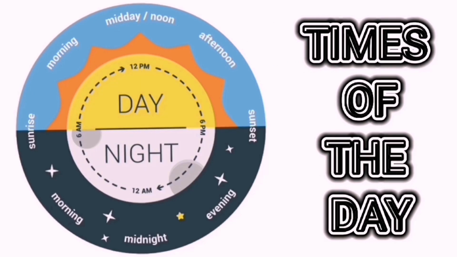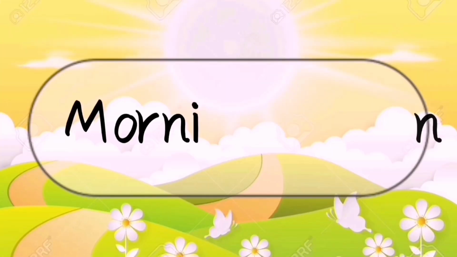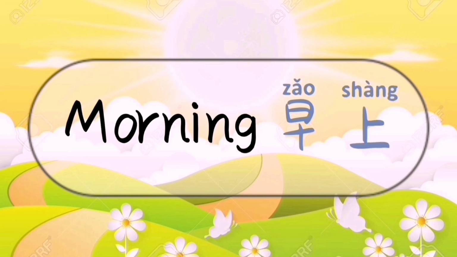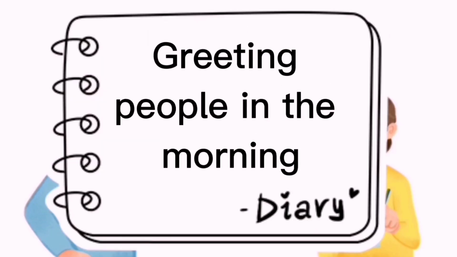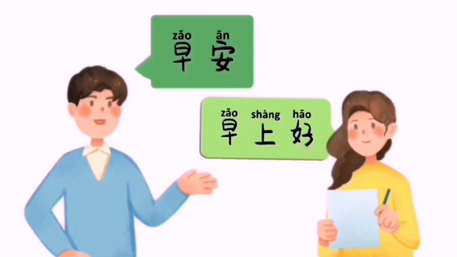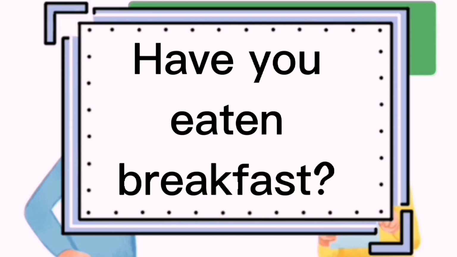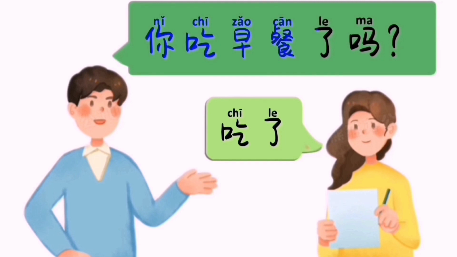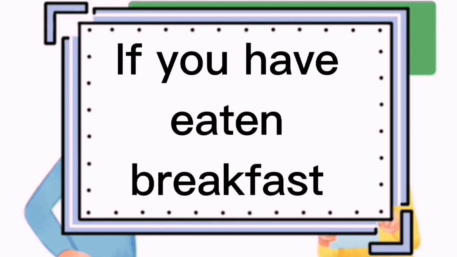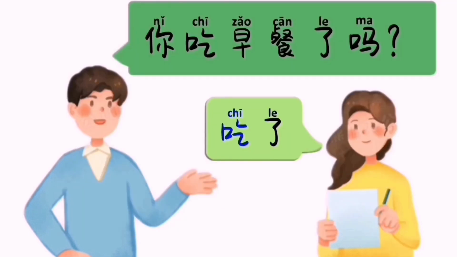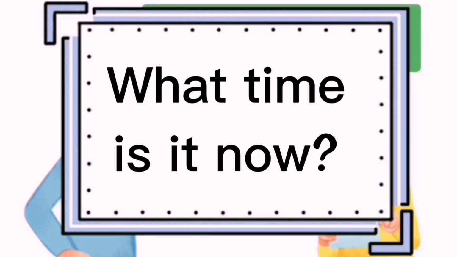In this lesson, we're going to learn about the times of the day. Morning in Mandarin is 早上. How would you greet people in the morning? We usually greet people good morning in English. In Mandarin, we can say 早安 or 早上好. When you want to ask, have you eaten breakfast? You can say 你吃早餐了吗？ If you have eaten breakfast, you can reply with 吃了。